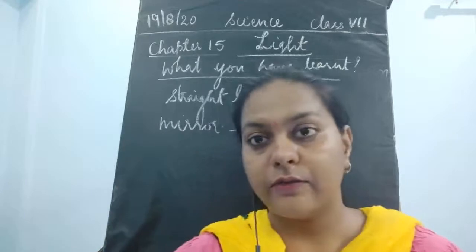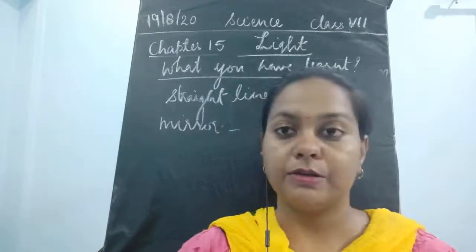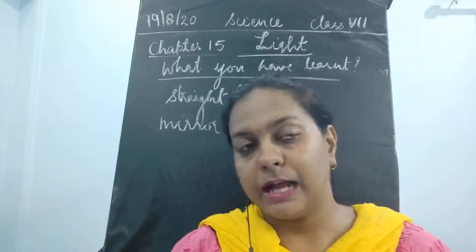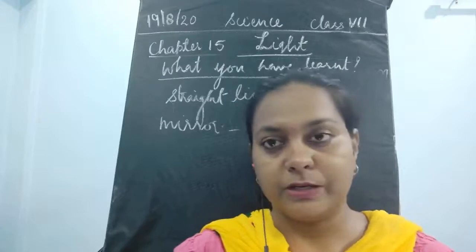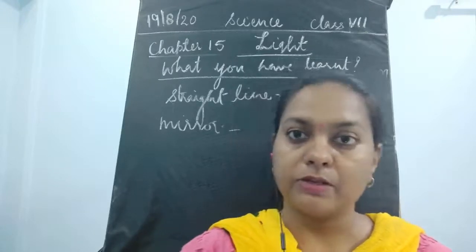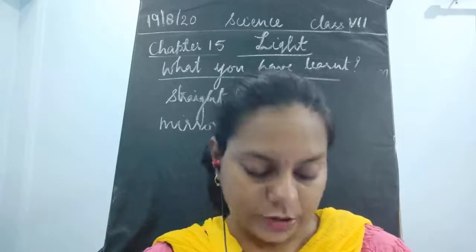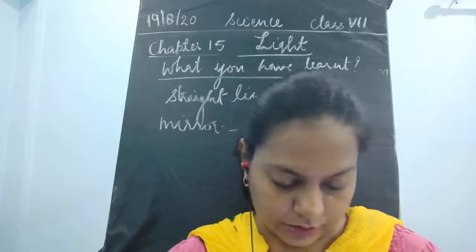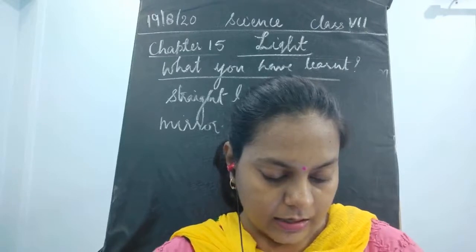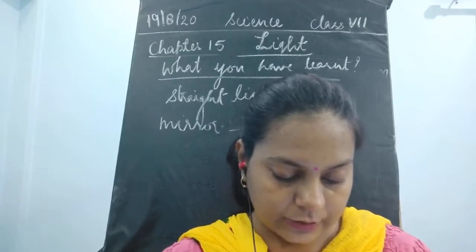It is not the fact that you always need a glass mirror which has to be painted black on the other side, with one side reflecting. It's not necessary. Why? Because we only need to form the image, and an image could be formed on a plane as well as a shiny surface, whether it is a mirror or not. Okay, next thing, an image which can be obtained on the screen is said to be a real image.